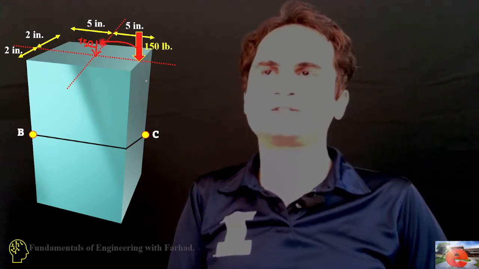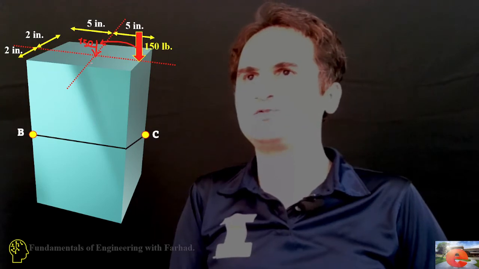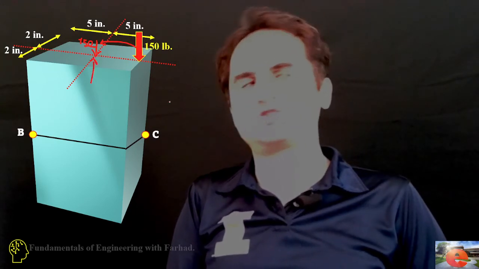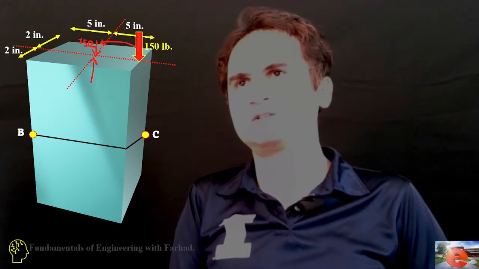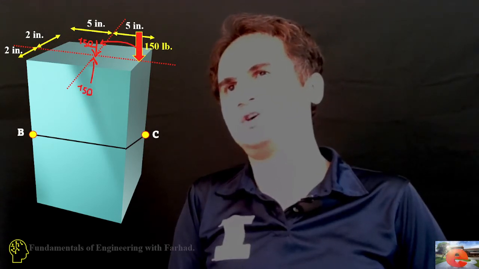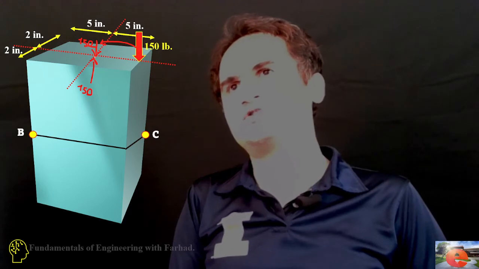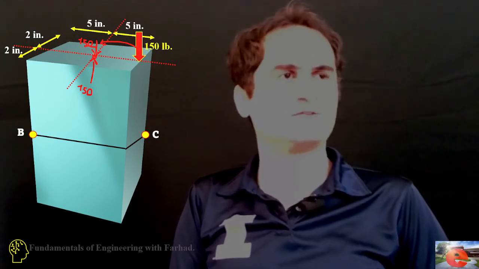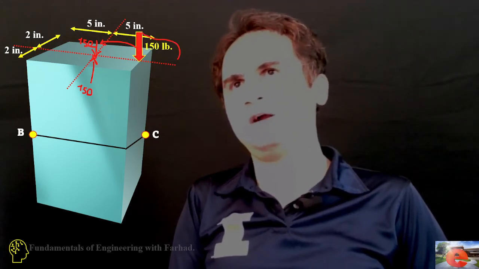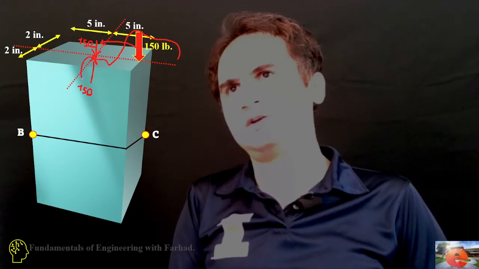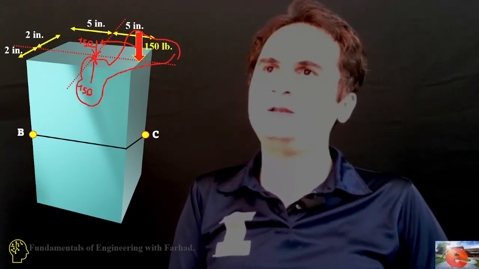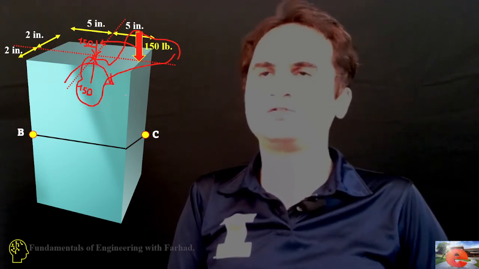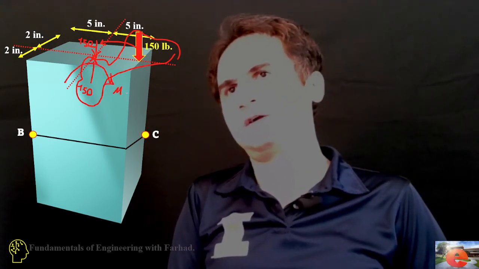relocate this force, transfer this force to the centroid of the structure, we just create an opposite direction force, so we can cancel out these forces with each other, and then we just have that force applied at the centroid of our section. Meanwhile, the condition of these two forces creates a bending moment, a couple, which is equal